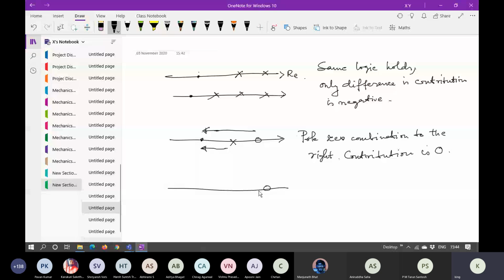If I have a 0 and a pole, and I have my S out here, as you can see,